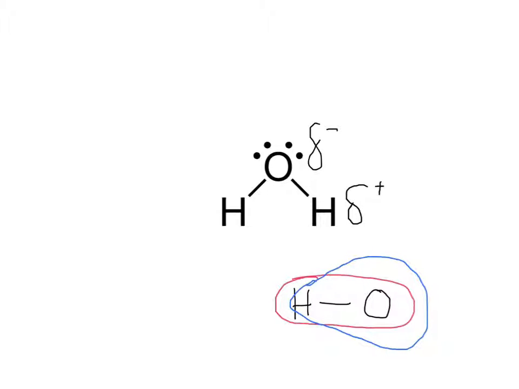So the net overall effect is relative to an equal bond where all the electrons are equally spaced. This side here is going to be delta plus, and this side is going to be delta minus. It just means that there's more electron density on one side of the bond than the other side. And the other thing that means is that if you're in a system where there's another molecule nearby,